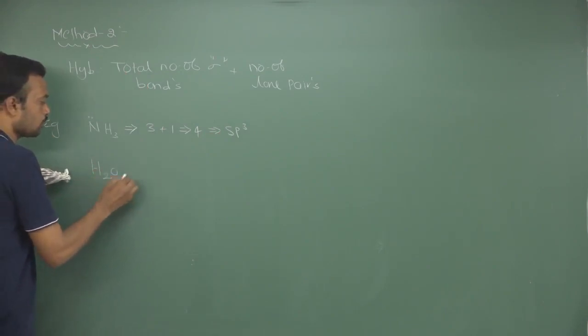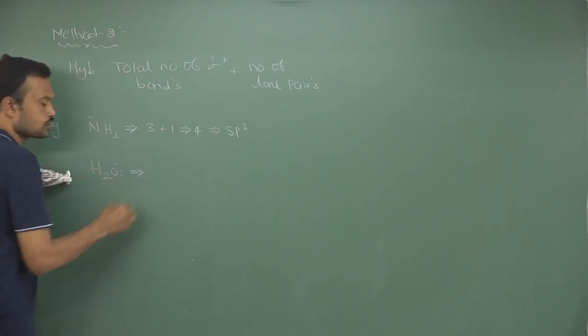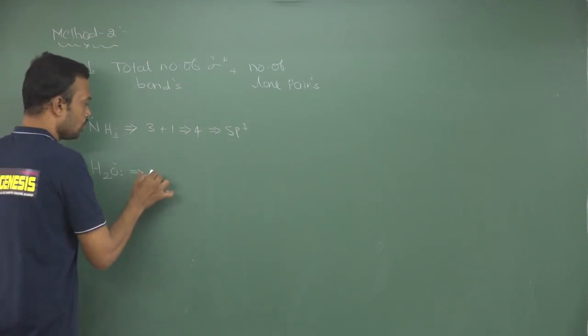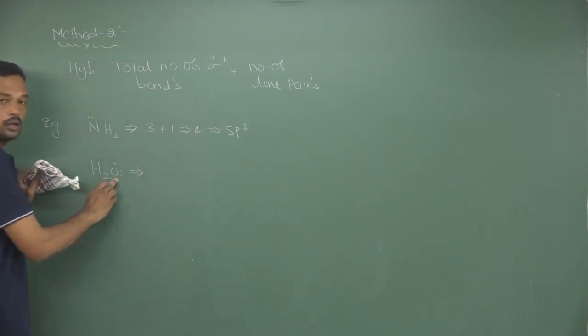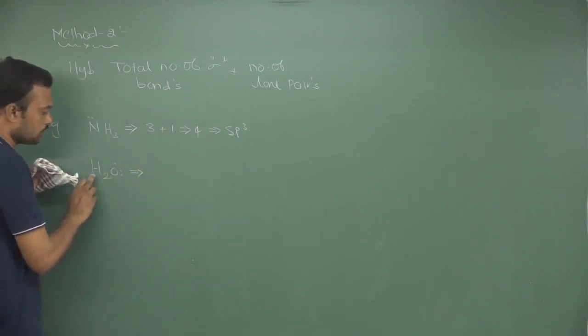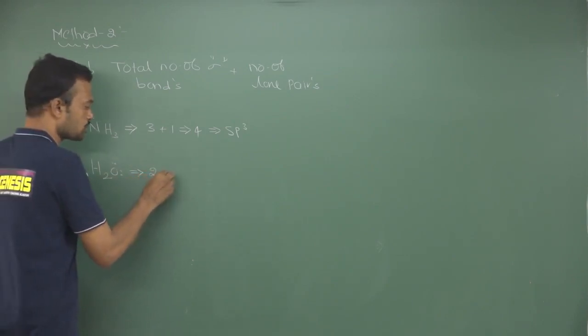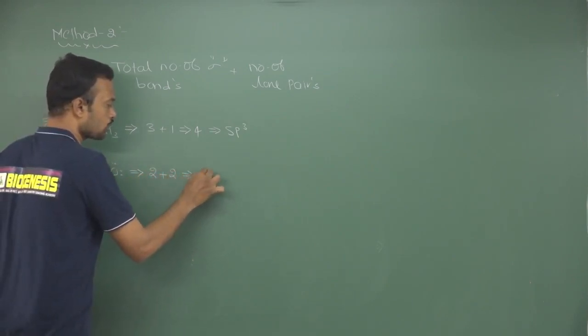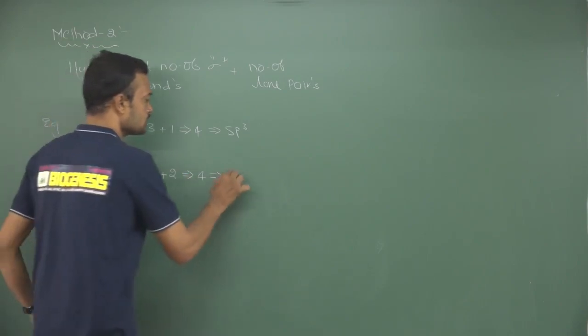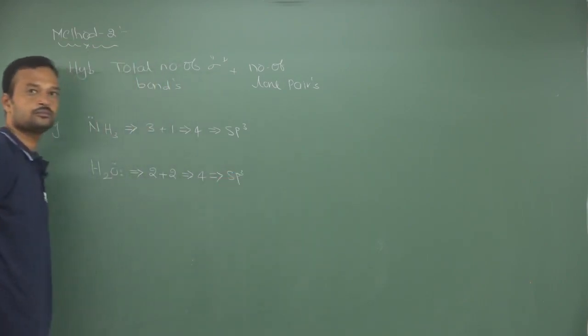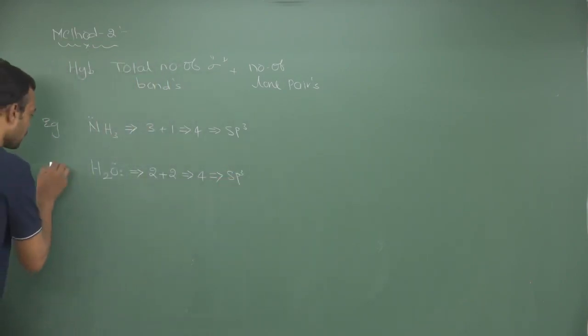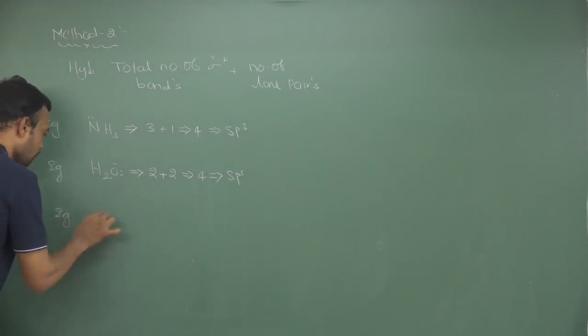So here this is the water molecule, oxygen. Around oxygen, how many sigma bonds are there? With hydrogen, 2 hydrogens, 2 sigma bonds here, and 2 lone pairs are present. So 2 plus 2 you will get 4, and finally hybridization is sp3. Okay. Suppose you can also take one more example with respect to xenon.